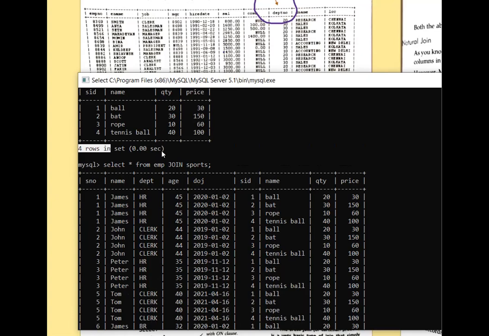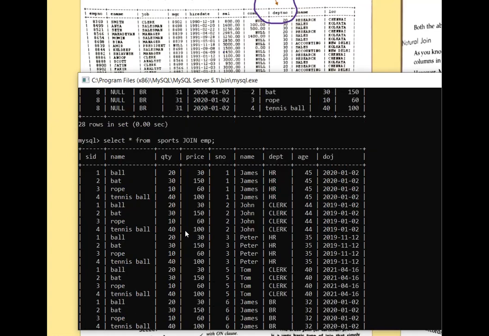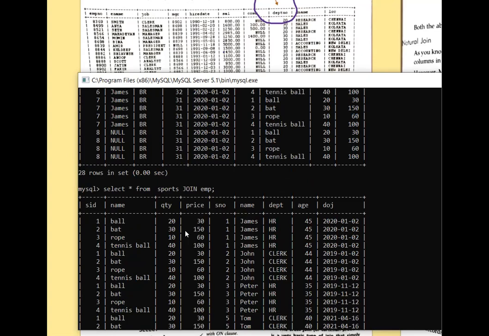Now if I write the vice versa of this, meaning sports join EMP, we will check that too. Instead of this, I'm writing sports join EMP. If you see the table properly, let me know what changes you are finding over here, if I am writing EMP join sports or sports join EMP.